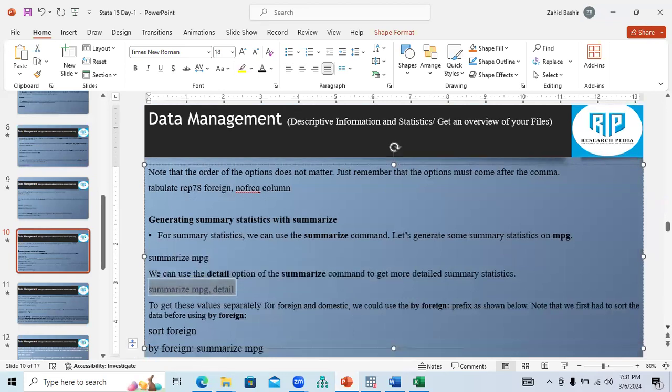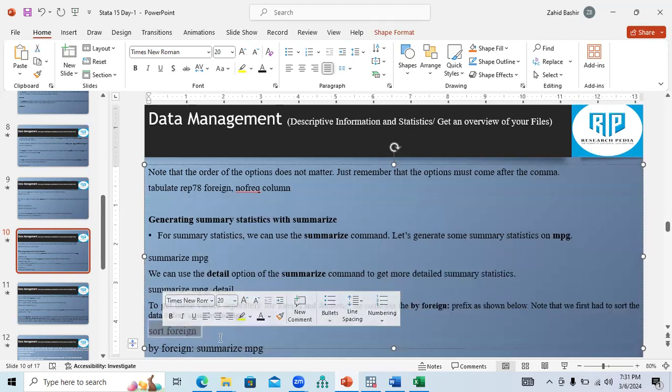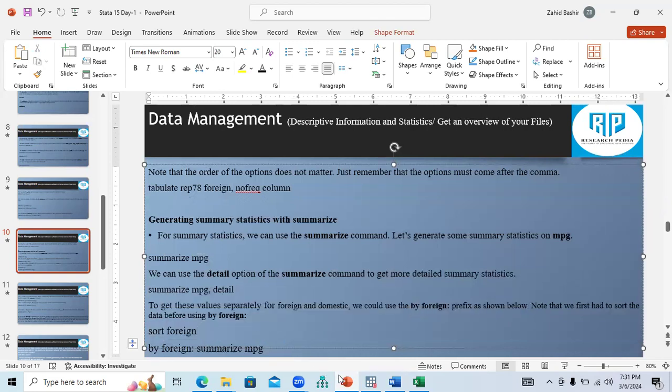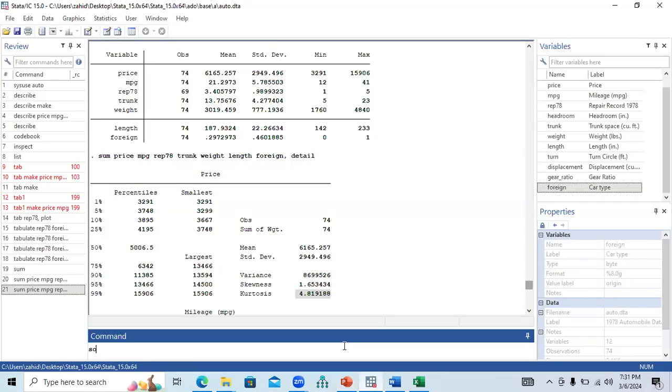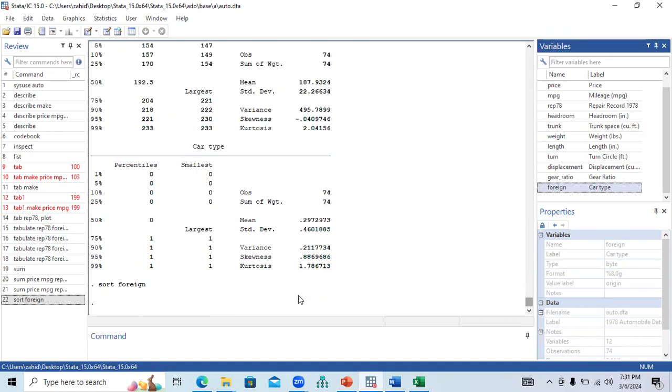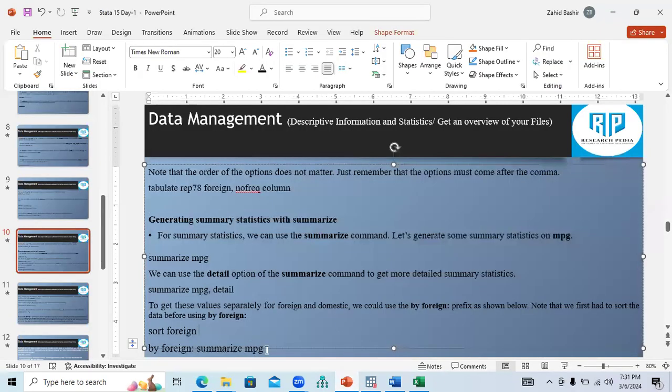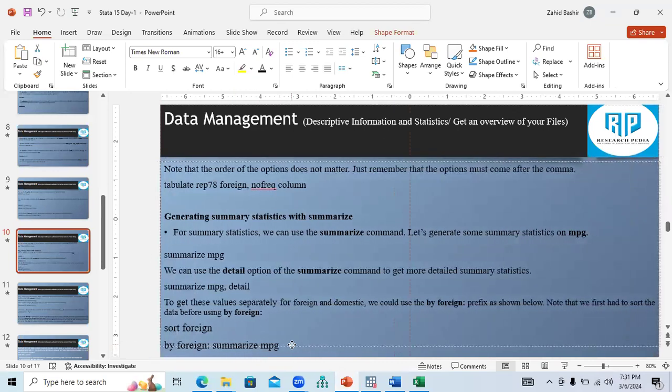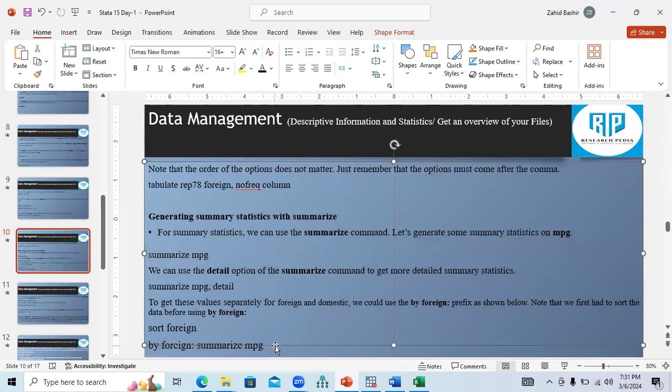Then we have another command to get these values separately for foreign and domestic. We could use by foreign as a prefix, as shown below. Let me use sort foreign. First I need to use this command. It has internally sorted foreign, and then after this I can use by foreign colon summarize MPG